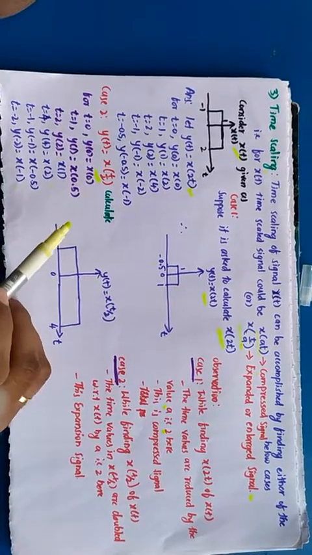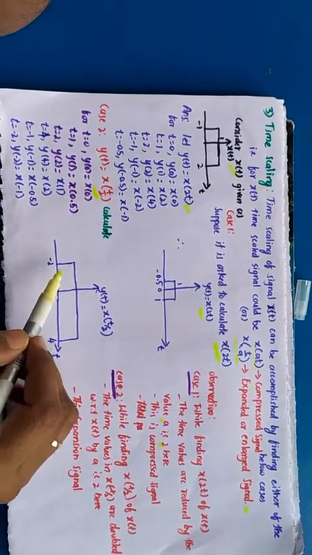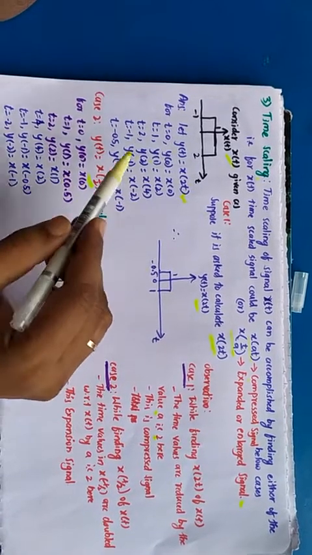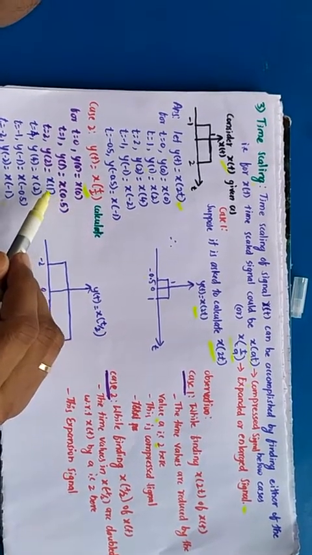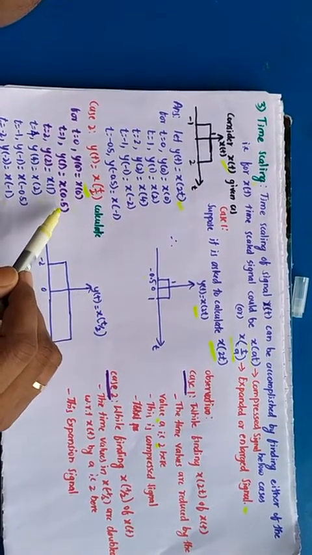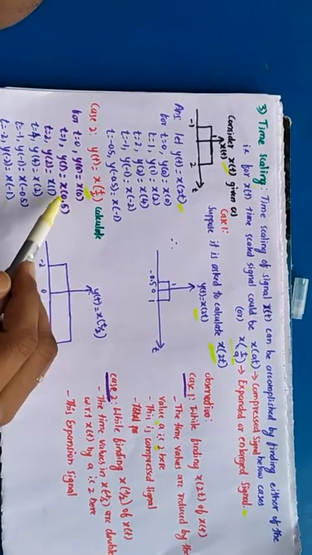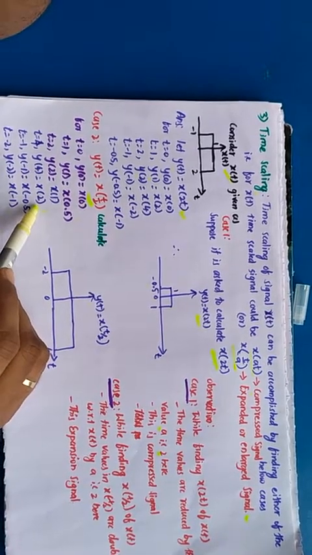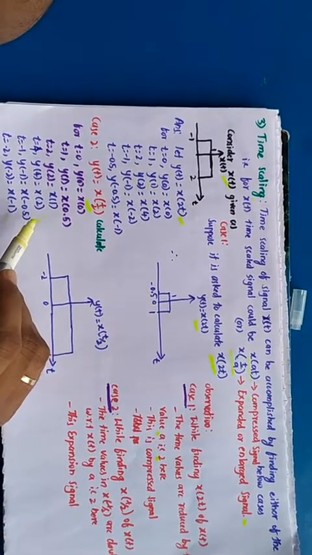Okay, so if we draw it, what will come? You can see here y of -2 is nothing but x of -1, and x of -1 is 1, so y of -2 will be 1. Similarly at 0, same y of 0 only, so at 0 we will have 1 only. And for y equal to 1, it is x of 0.5, and at 0.5 also our signal is 1, so here also it will be 1. So we will be looking for x of 2, where will it be? It will be at y of 4. So at y of 4 the value of x of 2 will come, and the value of x of 2 is 1 here, so it will extend up to y of 4. Beyond that, we have considered all the values.